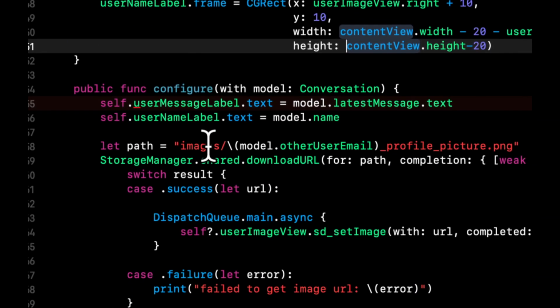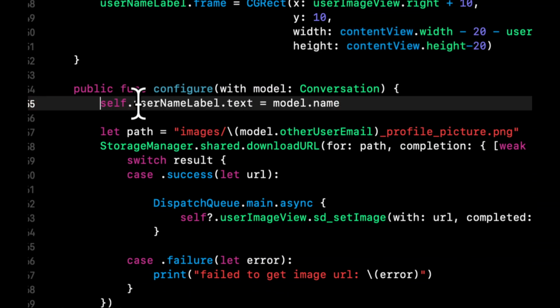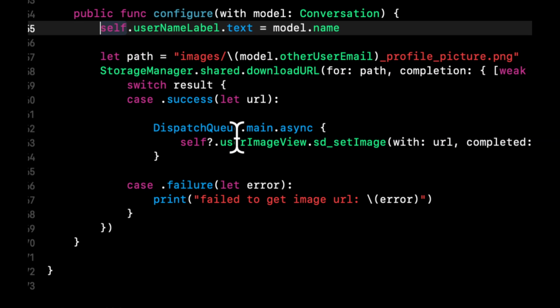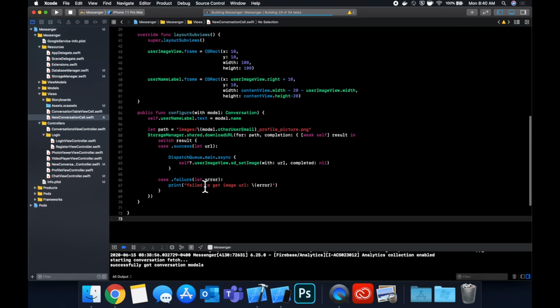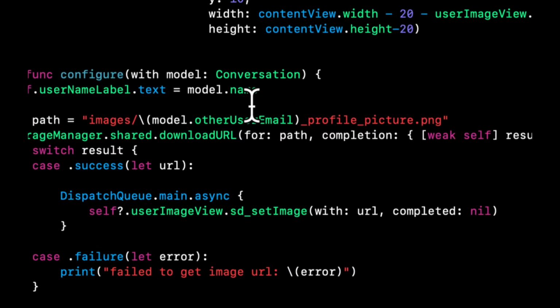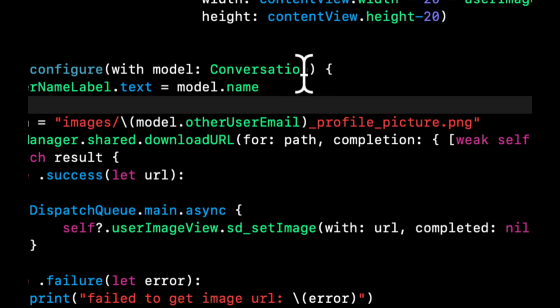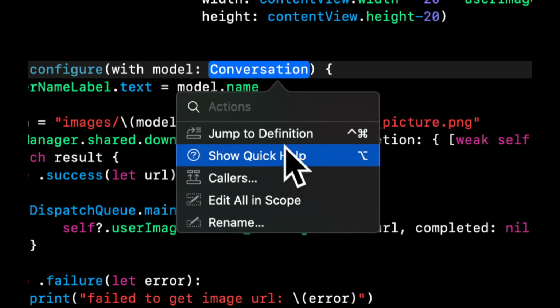And what more do we want to do? Now in the configure function, we don't have a message label, so let's go ahead and delete that. And I think this should be good to go now. If you hit Command B, you should be able to compile. Now notice that this gets created with a model of conversation. So back in